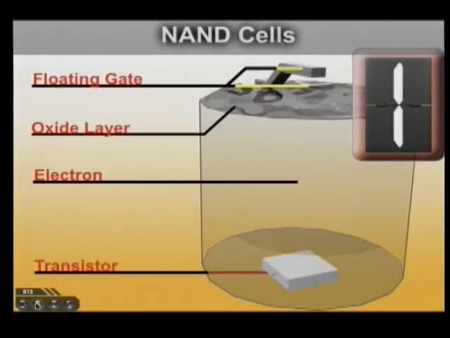Now, I try to do something that makes things a little bit simpler than they are, and if you look at the electrical diagrams for what a gate looks like, you can see it's a little more complicated. So if you really want to know what it looks like, go look up a gate. This is my symbolic version of what's actually happening. This is a paint can, and in the paint can we have a cover that's basically saran wrap. And we have a floating gate at the top and a transistor at the bottom. And what's going to happen is we're going to charge through the oxide layer down into the paint can.